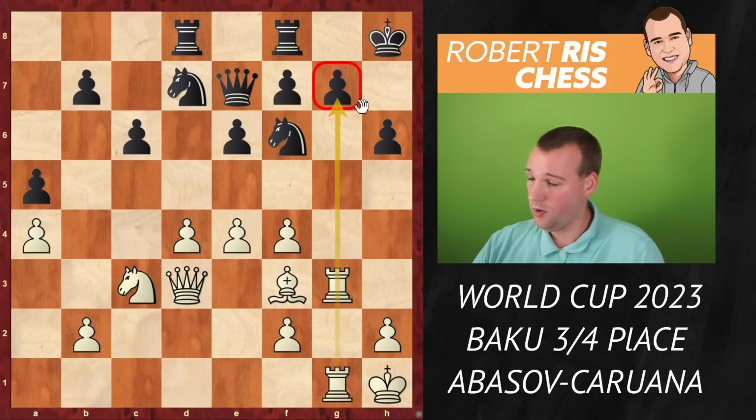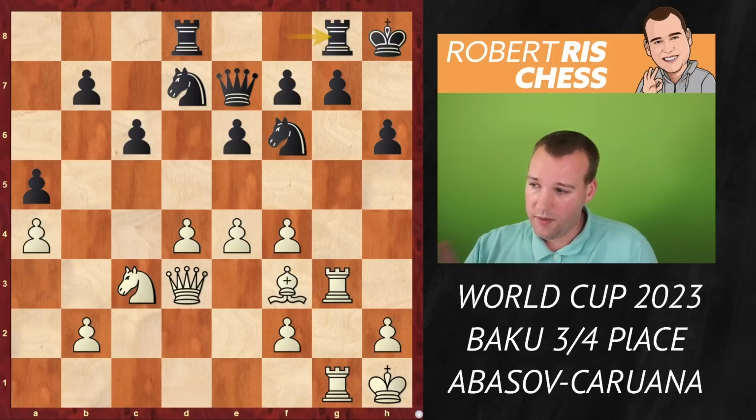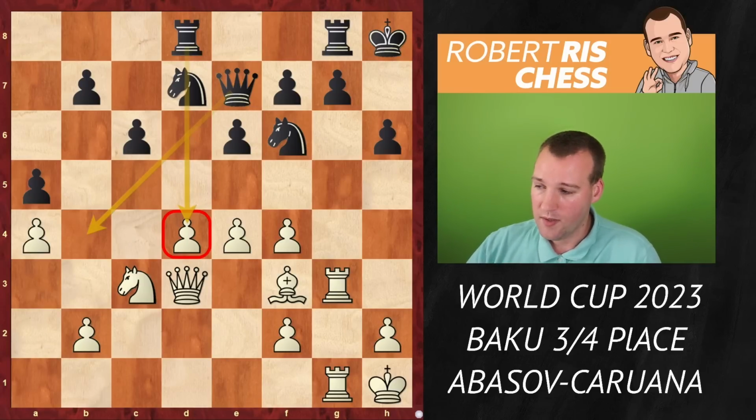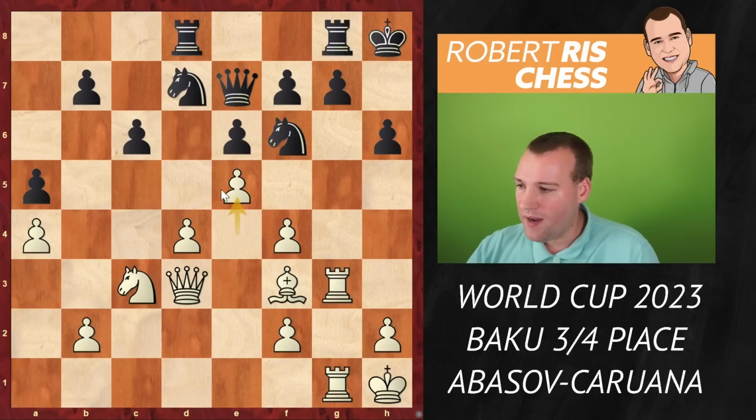Things are not looking too dangerous yet, as black can still defend here with rook g8, but his position is a little bit passive. But on the other hand, there could be counterplay, maybe against the pawn on d4, maybe the b4 square can be used by the queen at some point, who knows. But here Abasov is first, and Abasov is playing very actively this time, plays the move e5, attacking the knight